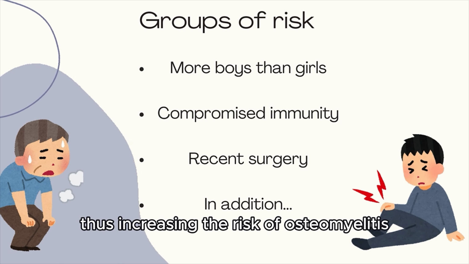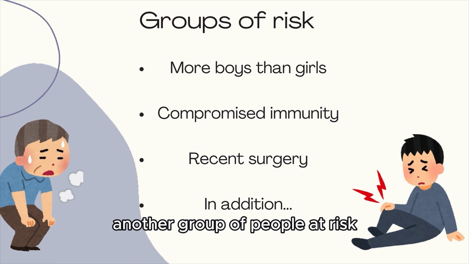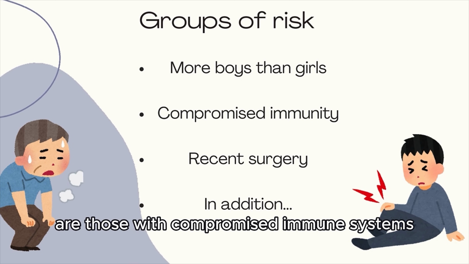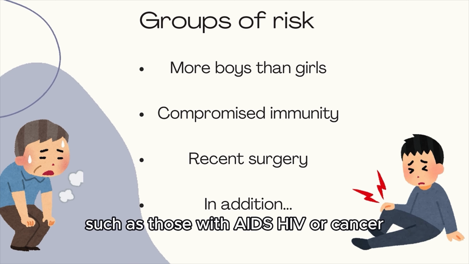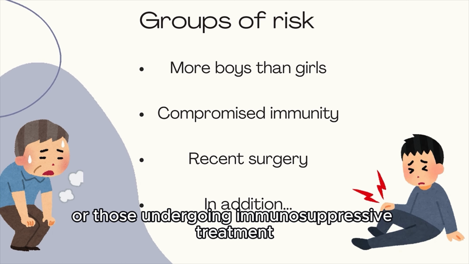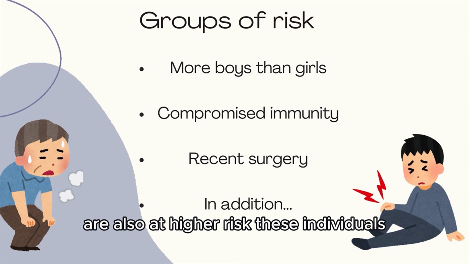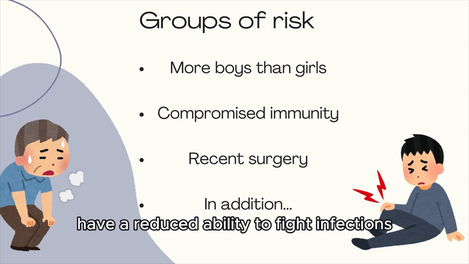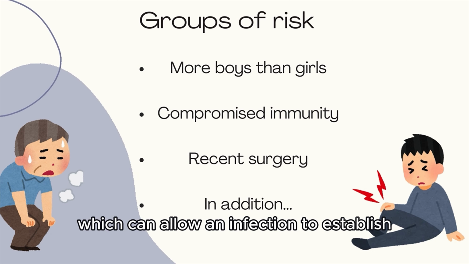the risk of osteomyelitis. Another group of people at risk are those with compromised immune systems, such as those with AIDS, HIV, or cancer, or those undergoing immunosuppressive treatment are also at higher risk. These individuals have a reduced ability to fight infections, which can allow an infection to establish and spread to the